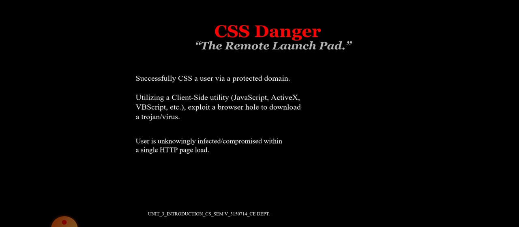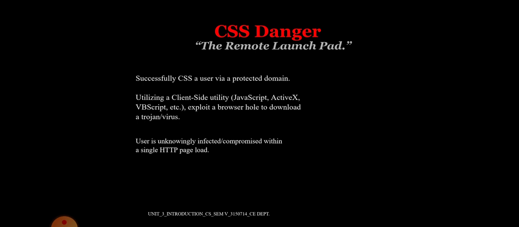First, we need to know about the basics of CSS. CSS stands for Cascading Style Sheets. CSS describes how HTML elements are to be displayed on screen, paper or in other media. CSS saves a lot of work.